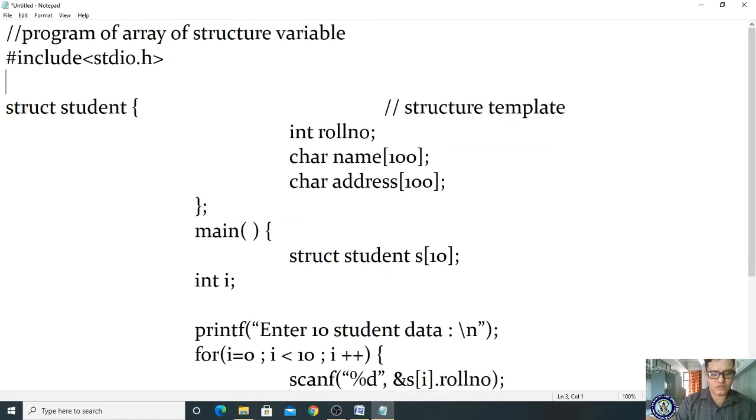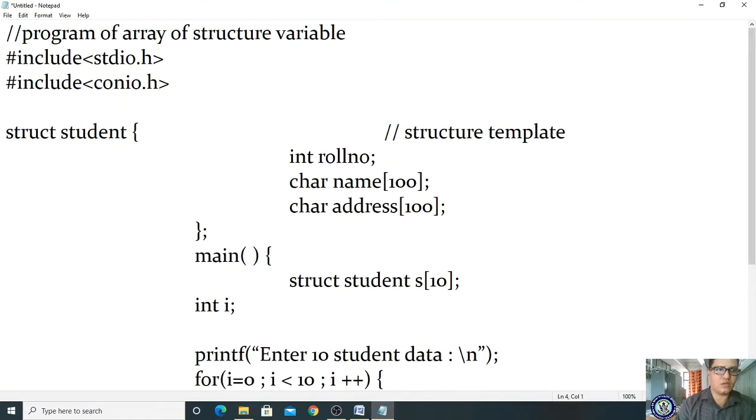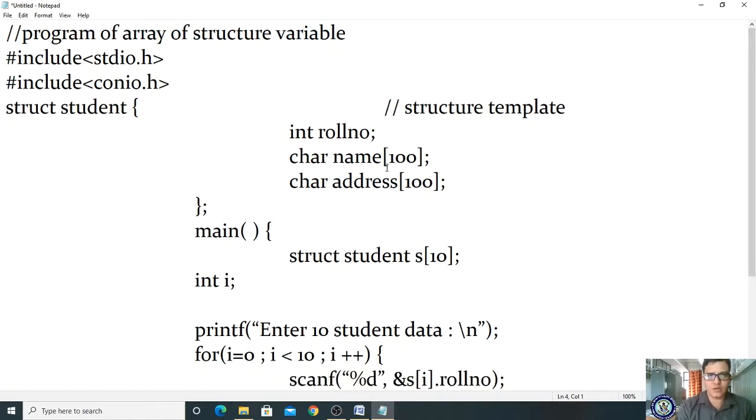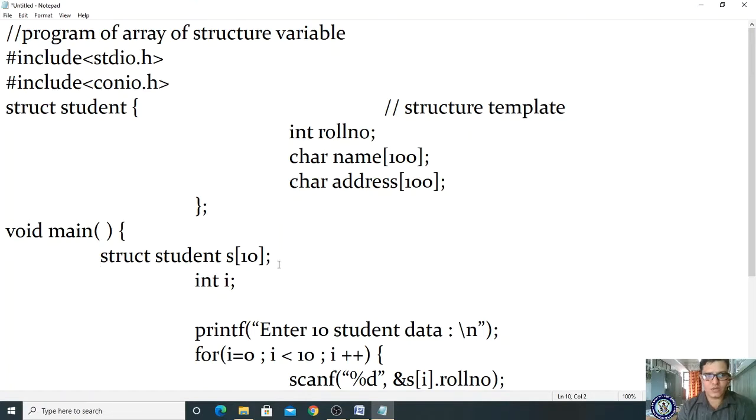stdio.h is compulsory, then conio.h and void. Here is struct student, where you are declaring name, right? Here it is starting your main function, void main, where you declare s of 10, which indicates an array of structure variable.